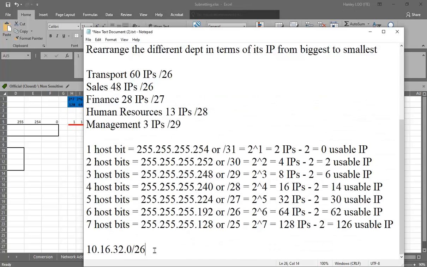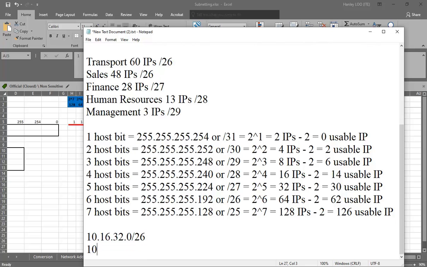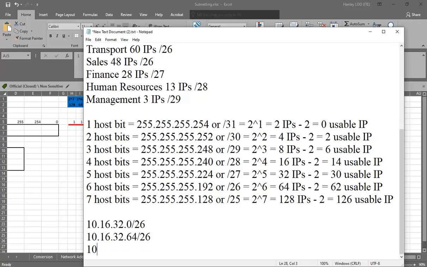So it means that if the first group is using a /26, the next address will be 10.16.32.64, because I need to add 64 to the previous subnet. And by looking at the next group, I'll be making use of /26 too, so it's still the same subnet. It means that I will need to add another 64. So the first subnet mask I add 64 to bring me to the network address for the next group, and because the next group is still using a /26, I will need to add another 64 to bring me to the network address for the next group,